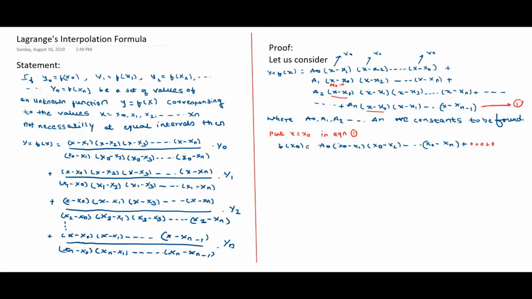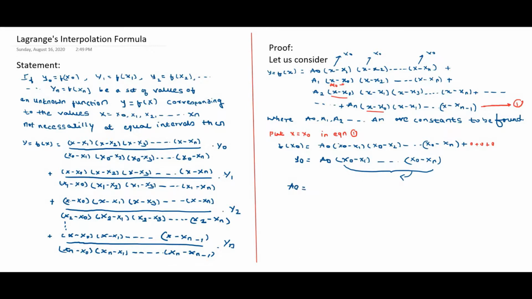Now the LHS we can also write as f of x0, that is y0, is equal to, writing down the same term, a0 into bracket x0 minus x1, and so on up to x0 minus xn. This is the right hand side. Now transpose this x0 minus x1 to x0 minus xn to the left hand side. So in the RHS we are left with only a0.